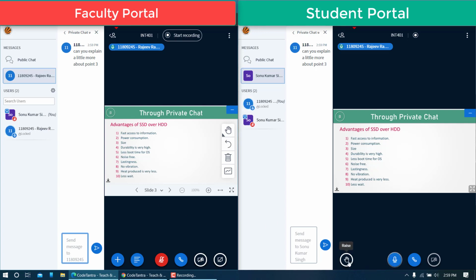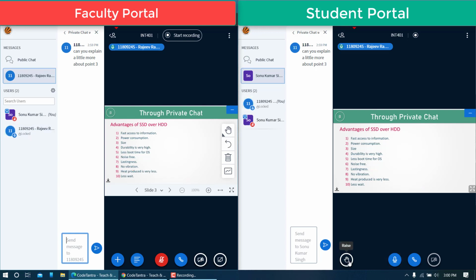So if you'll see a button here, let us say the teacher is teaching something, and in that case if you speak directly, then the problem is he will get disturbed. So what you can do is, you will click on raise hand, and the moment you click on this raise hand button, there will be a raise hand icon here in front of the teacher screen, on the teacher screen.